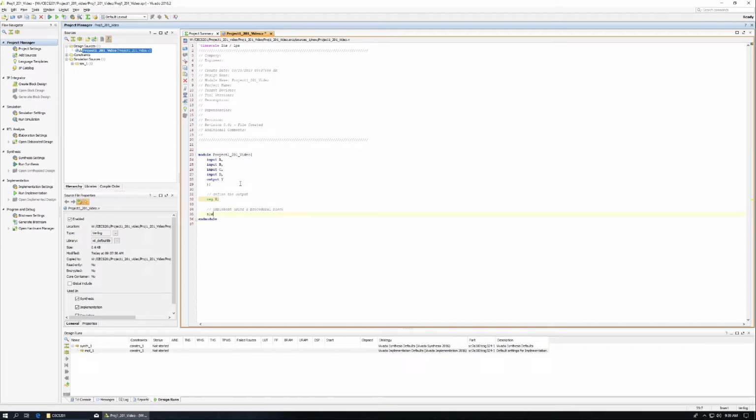So now we'll say always at asterisk. Since we're going to have more than one statement, we'll use the keyword begin. Now we want to, and I'm going to have to go back and change. So let me do what I did yesterday. So now I want to say